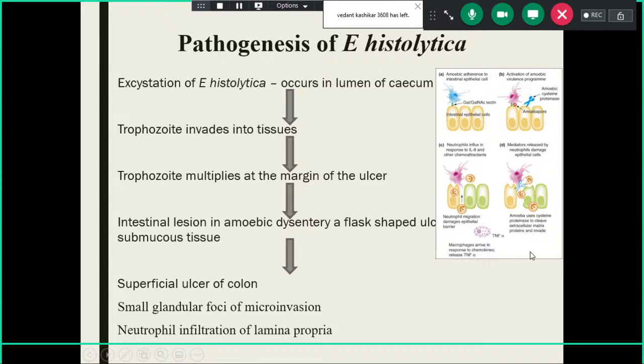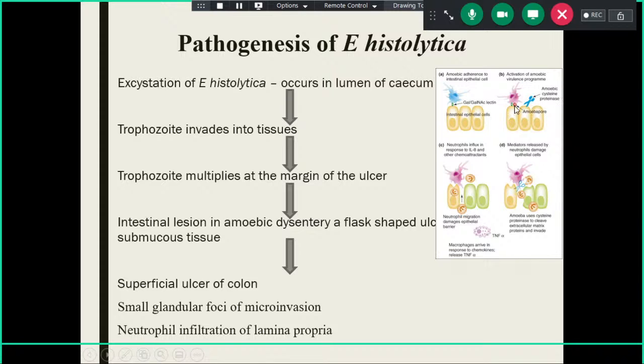Then this is a diagram which explains how it happens, what the pathogenesis is. Amoeba adheres to the epithelial tissue of the intestine by its adherence factor, which is a factor in humans that helps in adherence, the galactose-lectin. This is a mucolectin layer present on the epithelium of the intestine. Intestinal epithelium has this lectin covering which provides adherence to this amoeba.